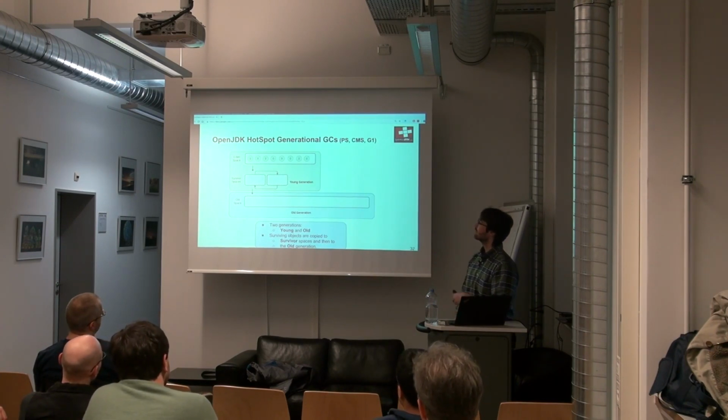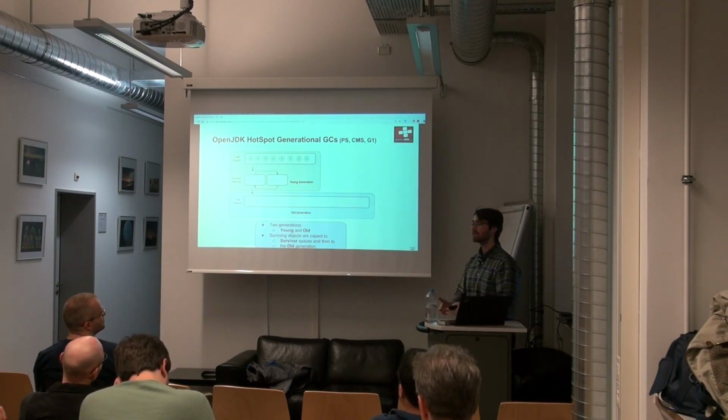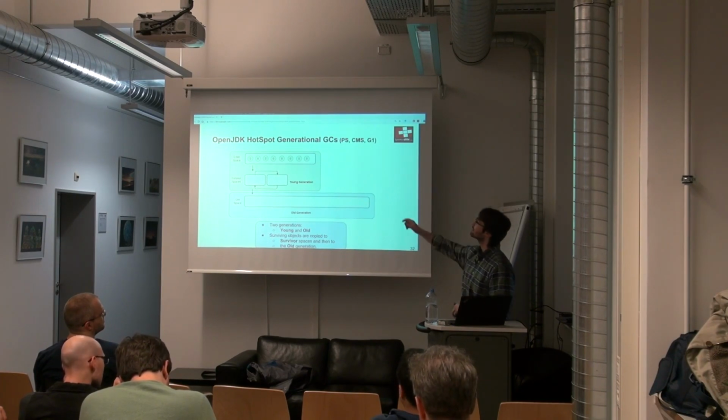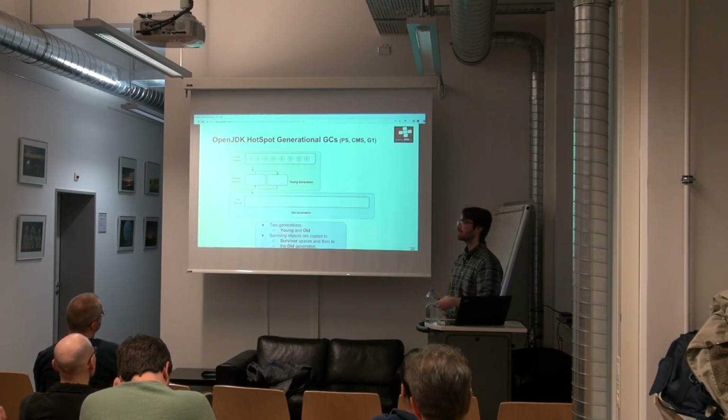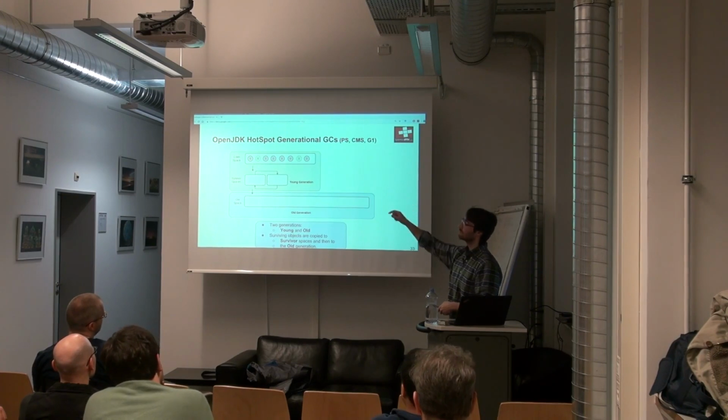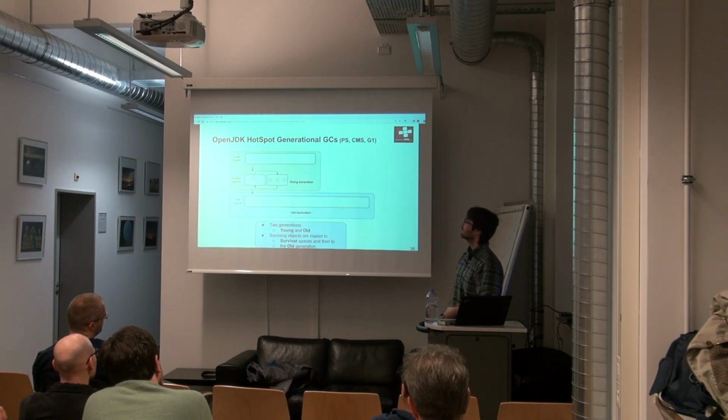What usually happens is the application is running, it creates objects, and these objects go into the eden space. Let's imagine that objects are small circles, and inside each circle is the number of GCs that the object has survived. Once eden is full, GC kicks in, traverses the object graph, marks objects that are alive, and moves them to one of the survivor spaces. Then this happens again, and they move to another survivor space, and eventually when an object is old enough, in this case 3, it's moved to the old space.